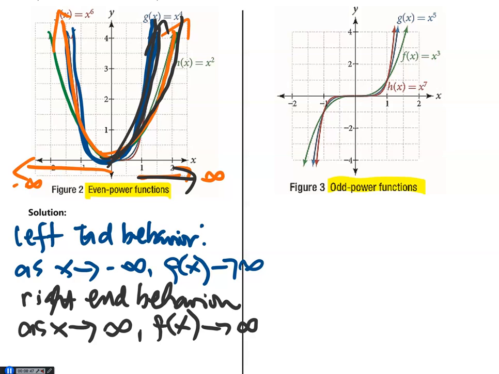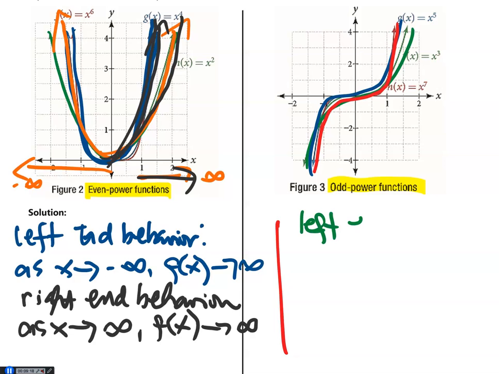So these are examples like a cubic, which is the green graph, and also the blue, x to the 5th or x to the 7th. They're all odd power functions. So again, what happens on the graph as we go to the right and left? So we want to get the left end behavior of this graph. Okay, so left end behavior